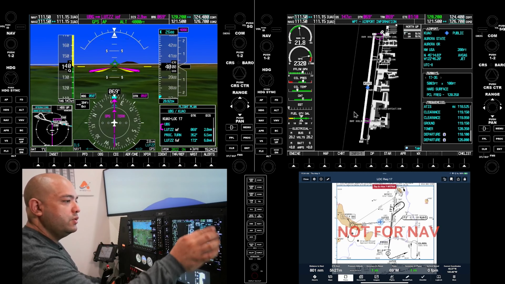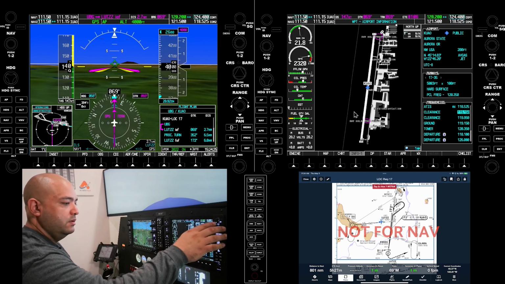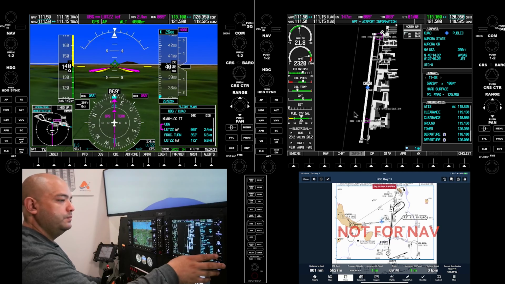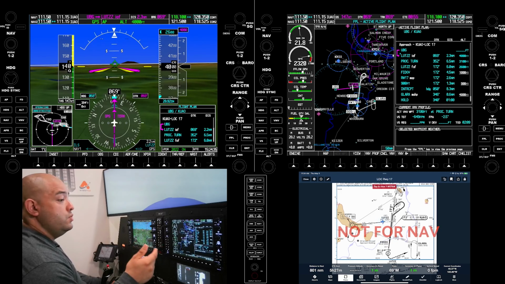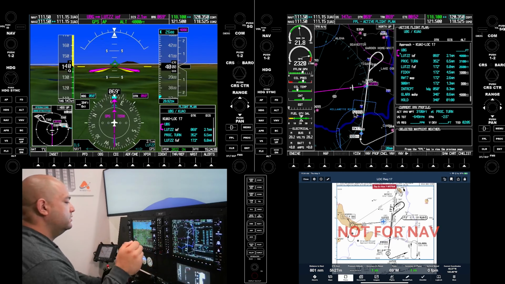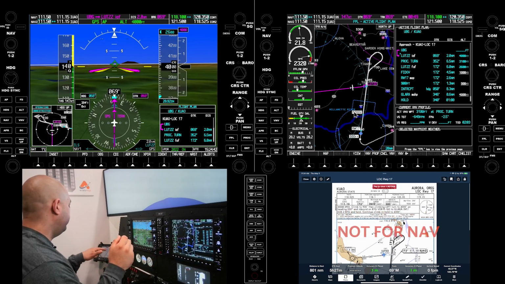One cool thing I'm going to do here. How about this? I'm going to set up the frequencies. Now I'm going to say departure, and then I want the tower frequency. One thing I don't do, but because of the way these videos get sequenced, I end up loading the frequencies whilst we brief the approach. Those frequencies are for reference only.